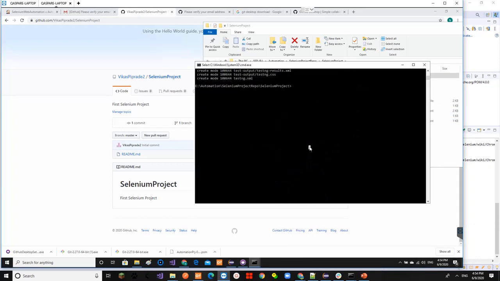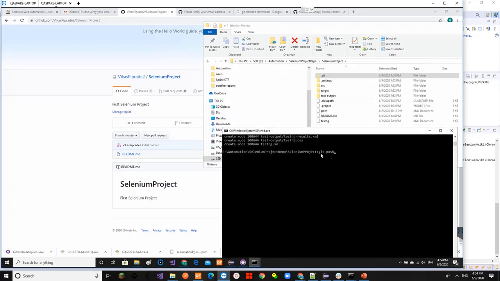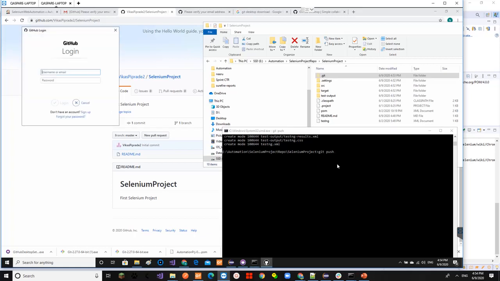And using this, the next command, and it will be the final command, is push, an important command. What are the committed files are there, those are now pushed. Remember, files which are above 50 MB won't be pushed. So make sure that all the files are below 50 MB, which is sufficient for a Selenium project's code. Yeah, not a folder, an individual file. So I'm pushing this. So let's see, it will take some time. It's asking me for the GitHub login.